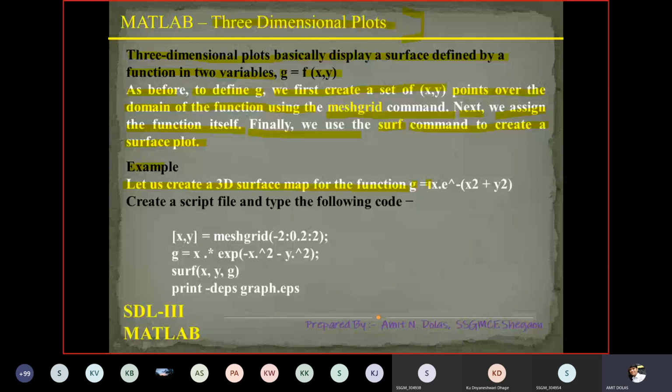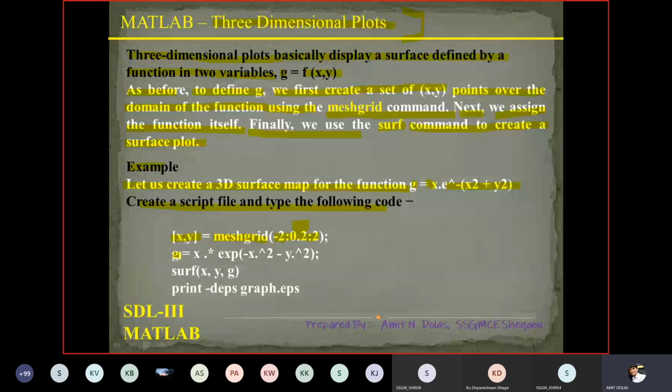Meshgrid, what is x? x is minus 2 to 2 with an increment of 0.2. y is not mentioned here, we'll see that.